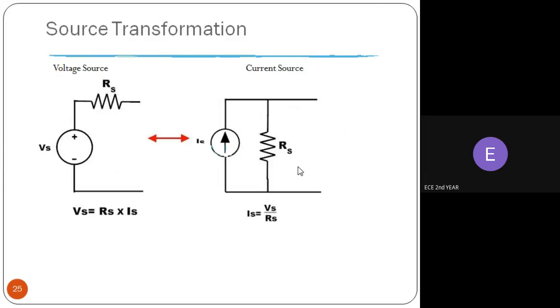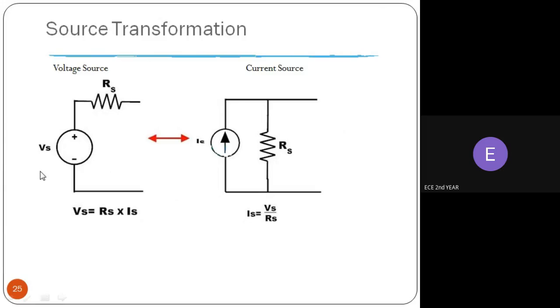Next one is source transformation. Here a voltage source can be converted into a current source, and a current source can be converted into a voltage source. Here, a voltage source is always connected with a series source resistance, and a current source is always connected with a parallel source resistance. So here the current source can be modified into the voltage source, and the voltage source can be modified into the current